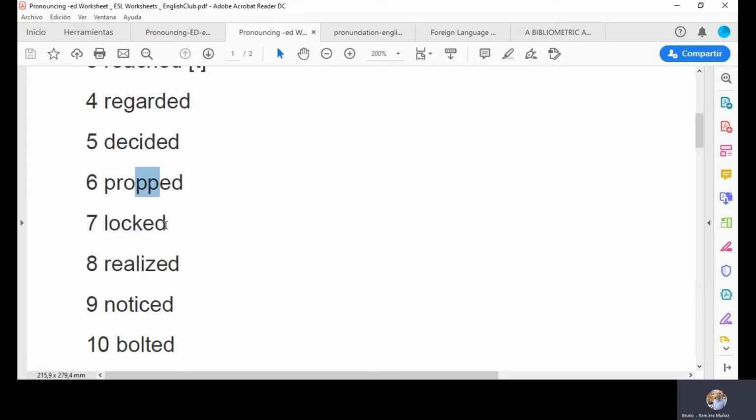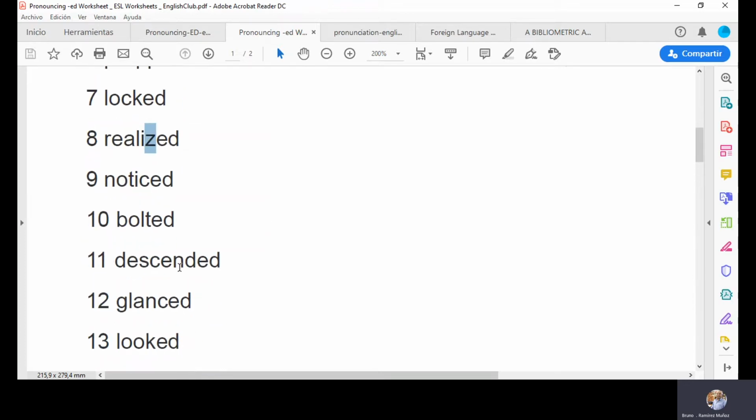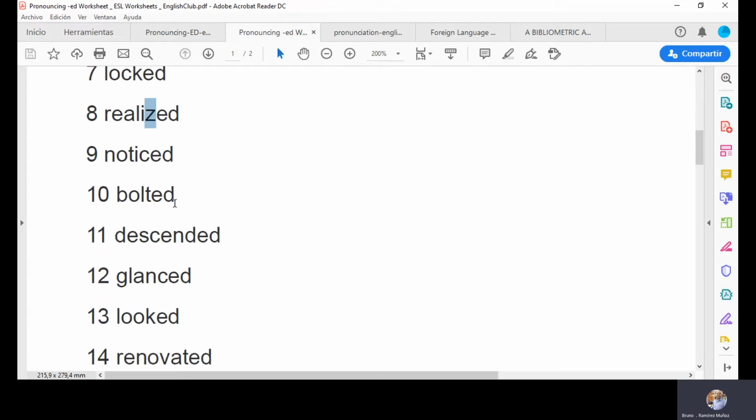Number 7, locked. Exactly. Number 8, realized, because we have a voiced z, realized. Number 9, noticed. Number 10,